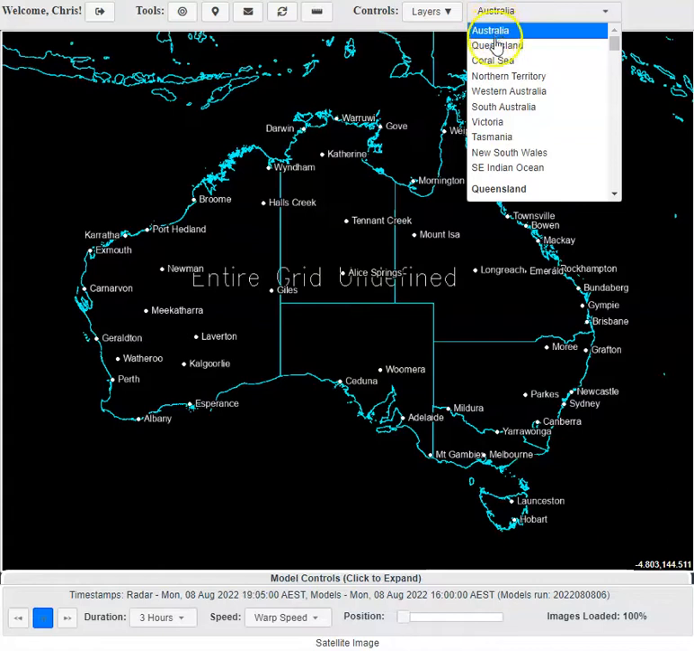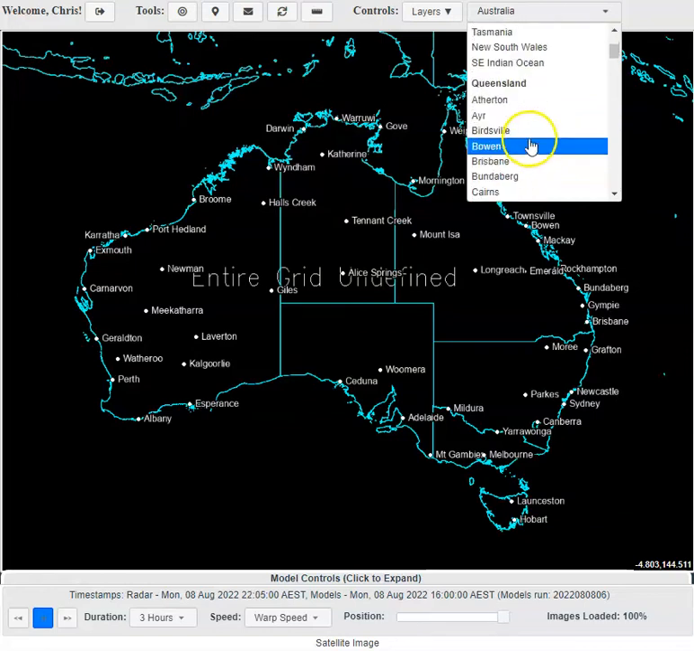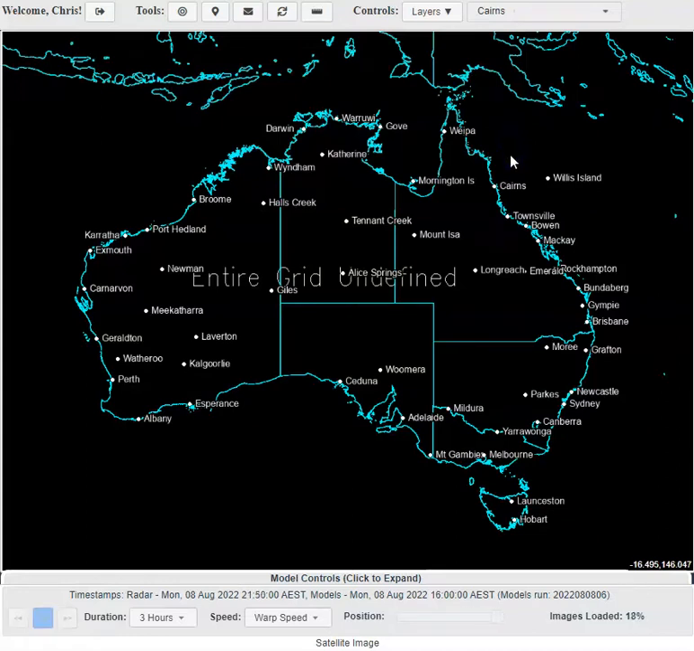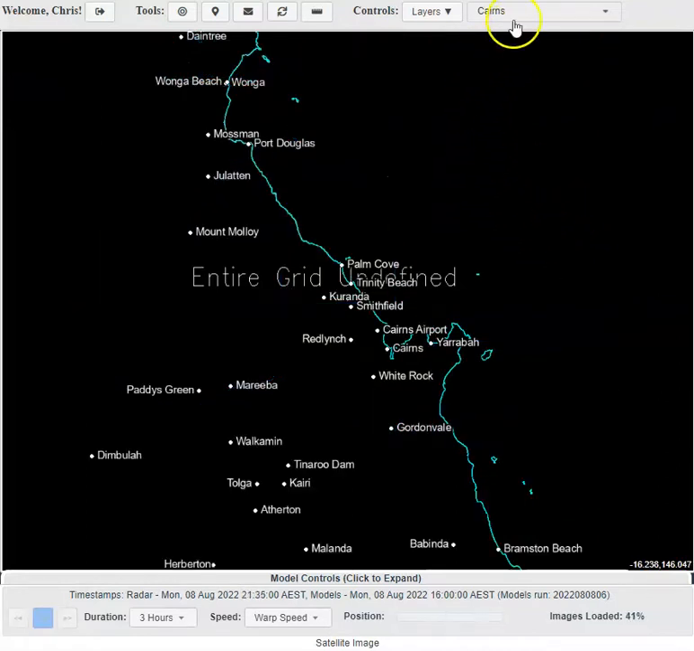Now what we can't zoom in on are these major areas: Australia, Queensland, Coral Sea, NT, WA, South Australia, Victoria, Tassie, New South Wales and the Southeast Indian Ocean. So what we actually have to do is, for this example, I'm going to zoom into Cairns. I'm going to click Cairns from our drop down menu, and you can see we've got a number of